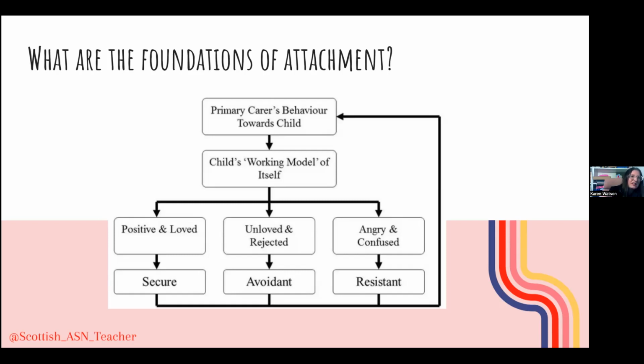Babies are so incredibly adaptive to the circumstances. So if a caregiver's not giving attention when they cry, or perhaps behaving in a negative way when they cry through anger, the baby will adapt and not cry in order to keep that caregiver close by. So if baby cries and the primary caregiver is angry with them, shows a negative emotion, baby will stop doing that in order to keep the caregiver close and to keep them happy.